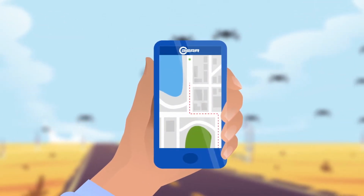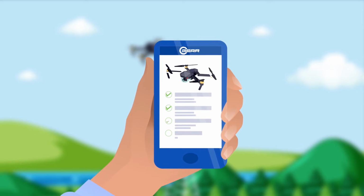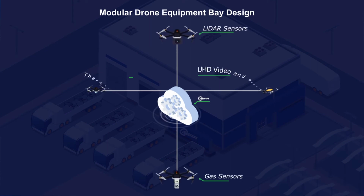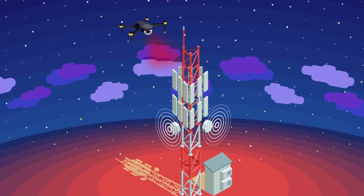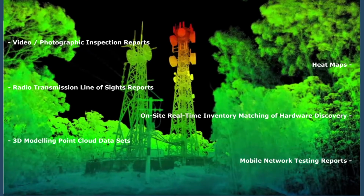First, select your tower sites or other telecom facility sites on a map. Then use our drone selection recommendations for each one. Select the volume of drones to deploy. As we don't use on-site pilots to fly them, we can deploy multiple drones at once. Select the gear to load on the drones based on expected reports and requirements, such as